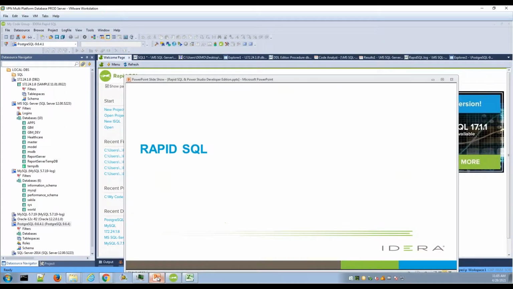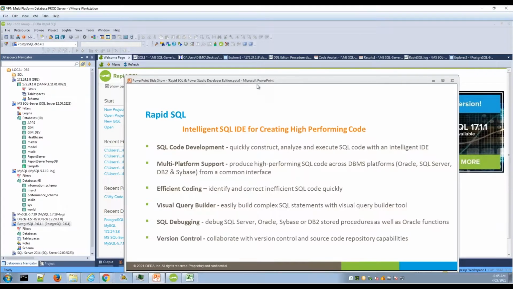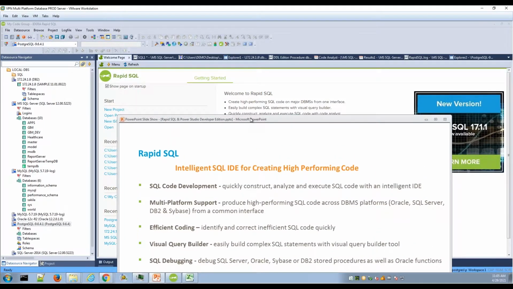If you're brand new to Rapid SQL, it's a cross-platform IDE, an integrated development environment for databases. You have different IDEs and coding platforms. RAD Studio is a well-known Embarcadero coding environment, and Rapid SQL is the database integrated development environment, with an expected bundle of utilities,